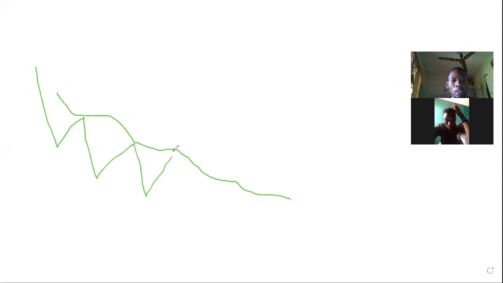Now, we understand that price moves like this, zigzag, and let's assume this is our moving average level. We are looking to join the trend, and price gets to our moving average level. This is the moving average level. When price gets to this point,